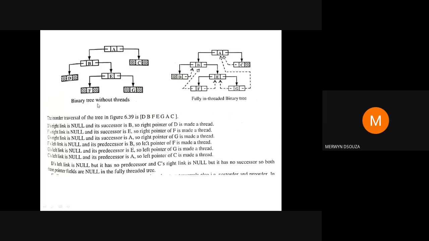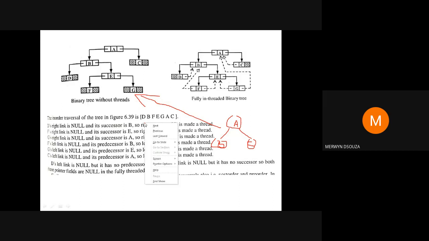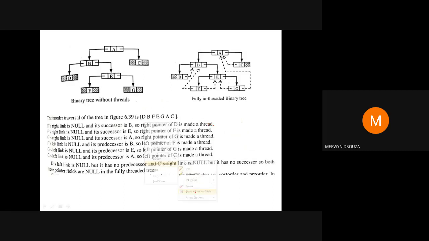When you're given a binary tree in the normal form, like this, first of all you will have to convert it to the linked list representation of the binary tree. I'm not drawing the entire tree. This has already been explained to you, so if you don't remember, you can revise or check that video. Once you convert it to this form, then we can get whatever type of threaded binary tree we want.